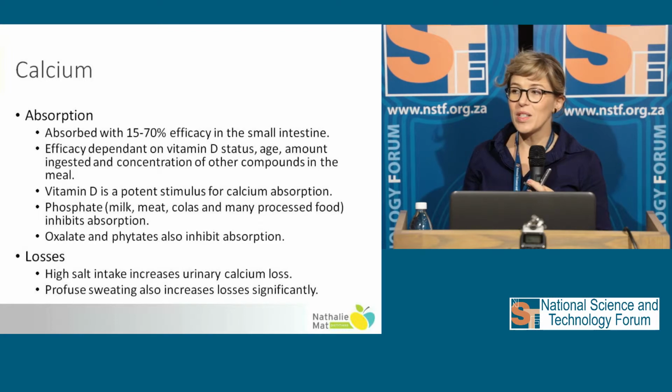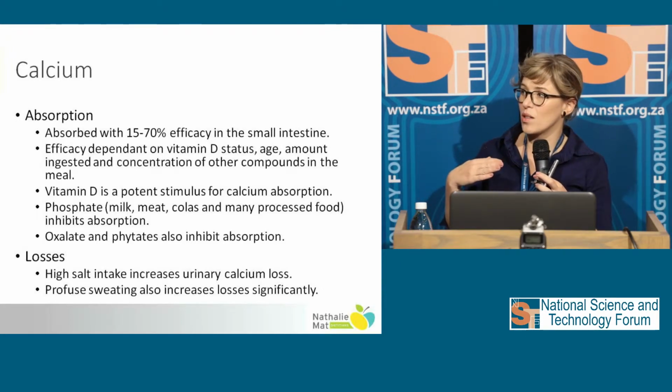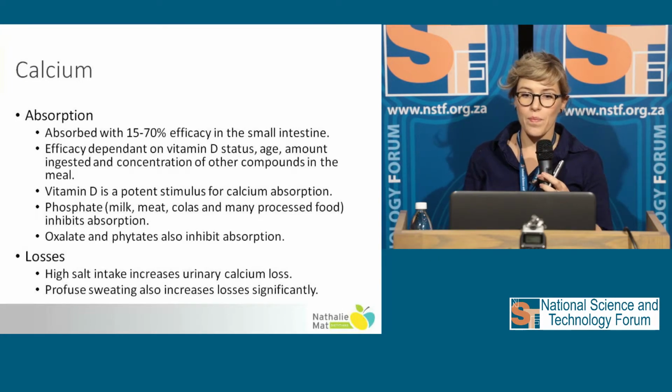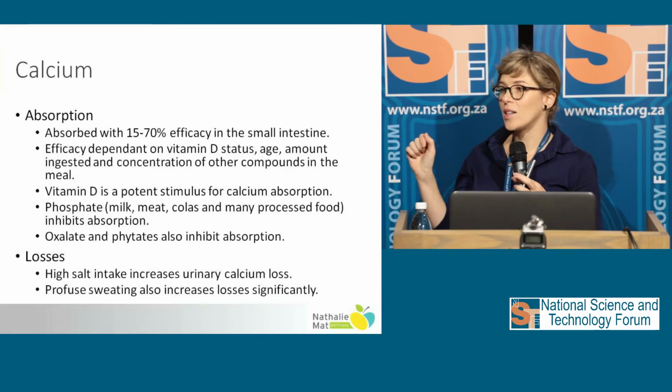And so vitamin D status is very important for iron absorption. And if your vitamin D is low, you are more likely to be on the 15% absorption side rather than the 70% absorption. And then also to remember with all minerals is that if you have, for any reason, had